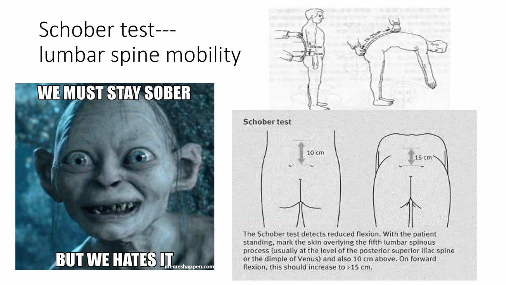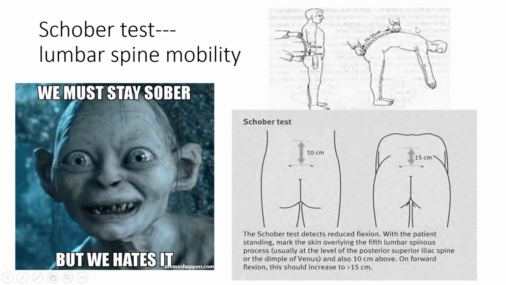But in Angst point, because the lumbar spine is totally fused, there will not be a 5 centimeter increase. So this is the way you do the Schober test. Schober test is mainly done to check your lumbar spine flexibility. One more test is Adams. This same test you have done in scoliosis also.